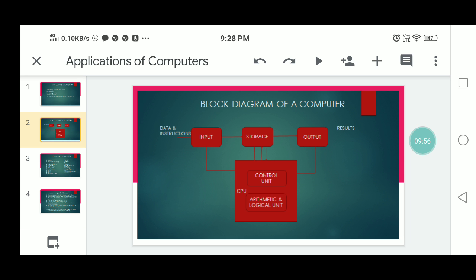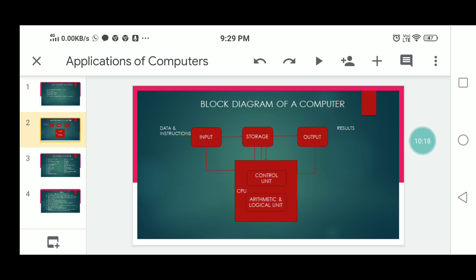The next, control unit. Control unit is the coordinator of all the computer system. So this is the central nervous system of the entire computer system. It manages and controls all the components of the computer system. So this controls the peripheral devices of the computer.